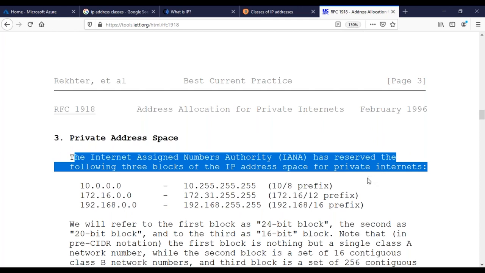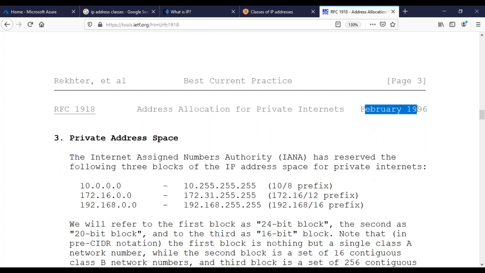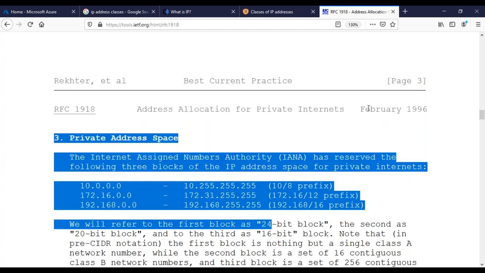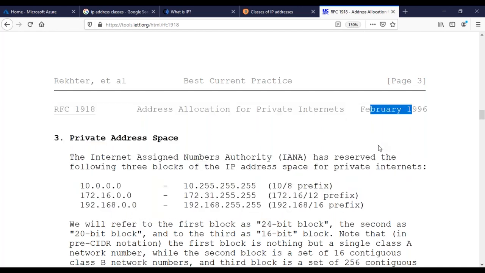So what exactly do we mean by private networks or private internet? This is dated February 1996. It might be even before that, but what I'm trying to say is that this existed in the 1990s, even 24 years before. I don't even know whether I knew a computer existed, apart from reading about it in papers, by that time. Anyway, this is the situation.